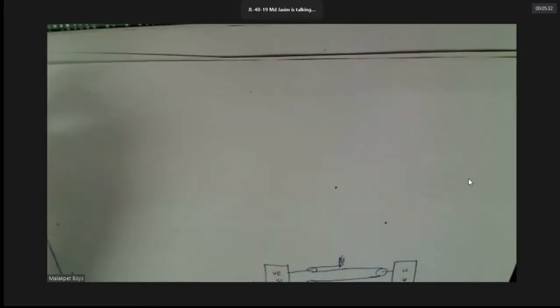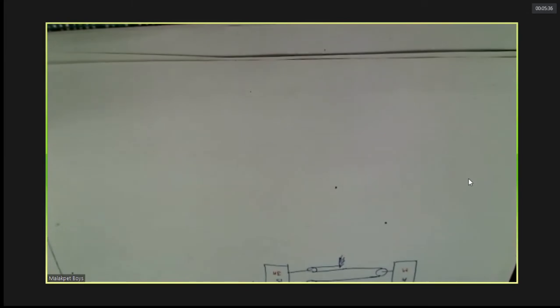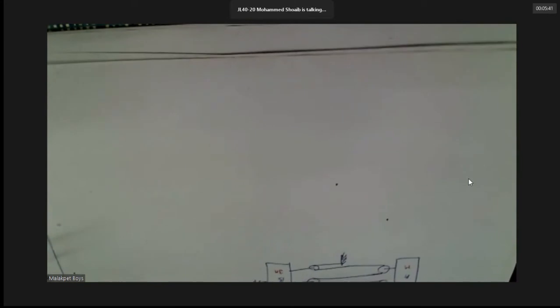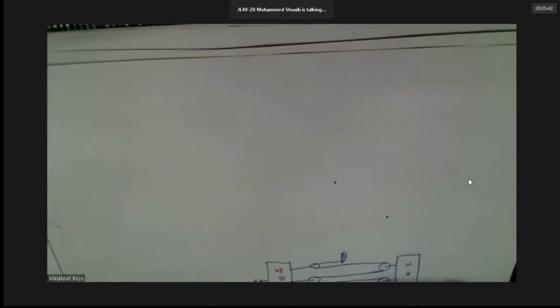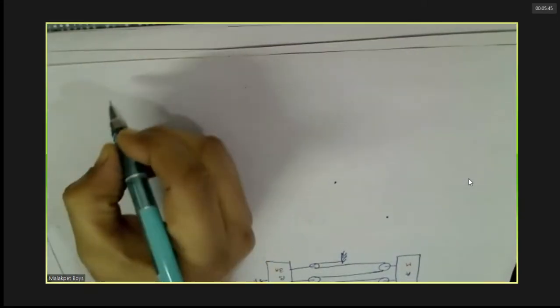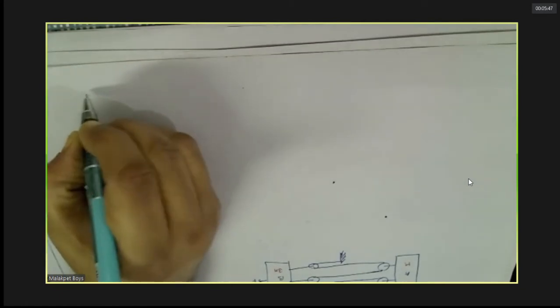Last class, what we discussed: a homogeneous flexible rope rests on the center. Okay, correct. Now, from all these discussions we have,